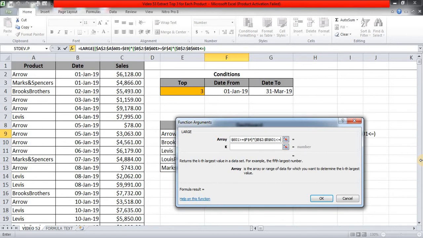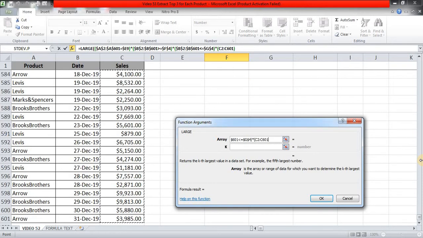Again F2, and we will select this date 2, and I will lock this completely, complete the parenthesis, and the values will be extracted from this sales amount. So into, that is asterisk, and inside the brackets again I am pressing F2 and will simply select this sales column and press F4 to lock, and complete the parenthesis, and here you have it.